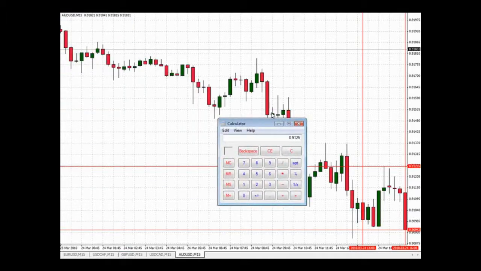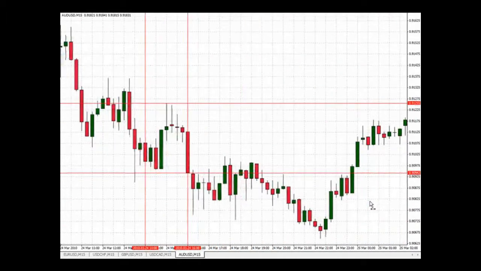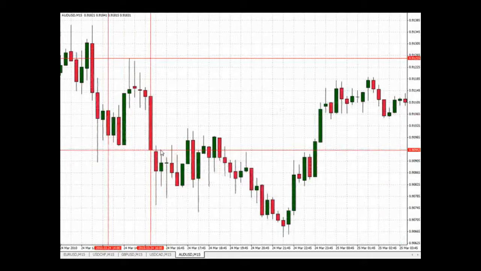0.9125 is the high, minus 0.9094 is the low, so there's a 31 pip spread in this case. So I set my buy order just at the high point, and I set my sell order just at the low point, and again I use a 33 pip stop on this one, and I would probably use a 50 pip take profit level. And then this order actually triggered my sell order right away, and it continued on,